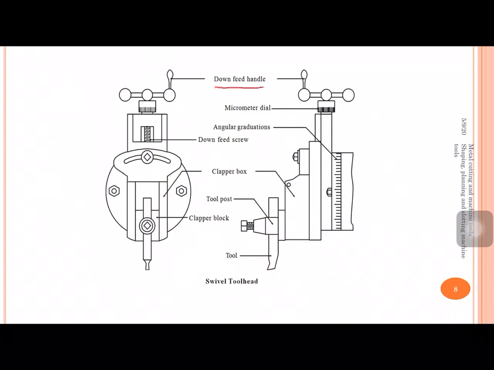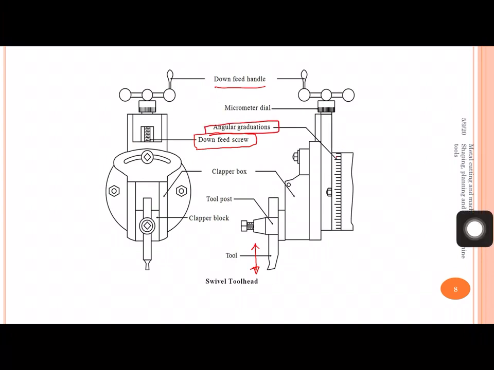Here you can see the down feed handle. The name itself suggests what? If you rotate this handle, then you can move the cutting tool either vertically up or down. The mechanism used here is the screw nut mechanism, and this is called the down feed screw. Here you can also see there are some angular graduation marks. What is the usefulness of this? You can tilt this cutting tool about the axis passing through this, either in this way or in this way, so that the tool will be locked in an inclined position